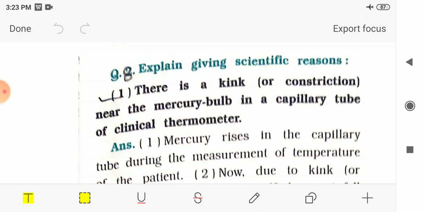Then we had seen one natural phenomenon which is based on convection. So in coastal regions, sea breeze during the day and land breeze during the night occur due to this convection. Then we had seen the third and last type of transfer of heat. So that is, from the sun, heat comes to us by the process known as radiation. And the transfer of heat by radiation does not require any medium.